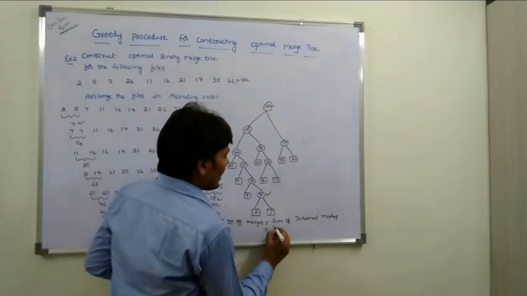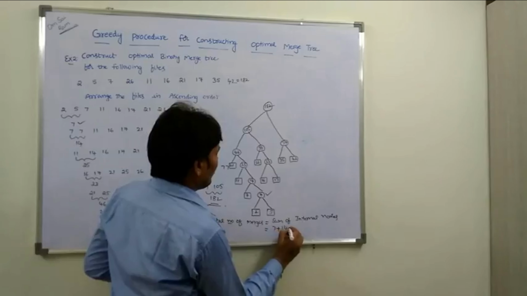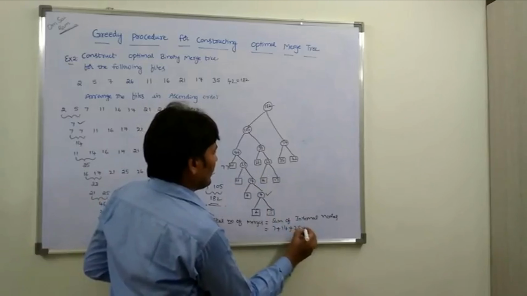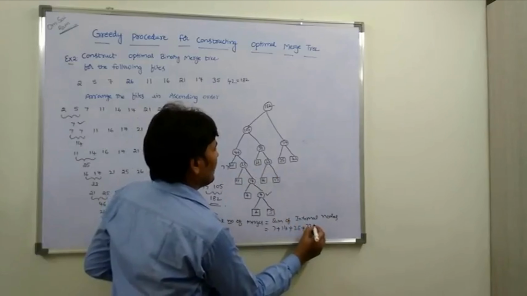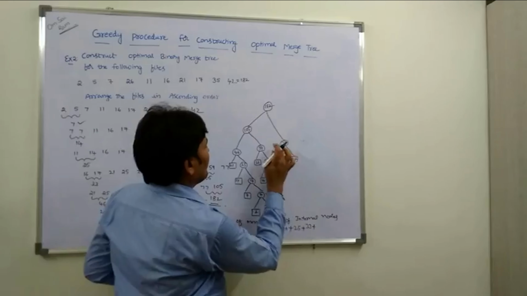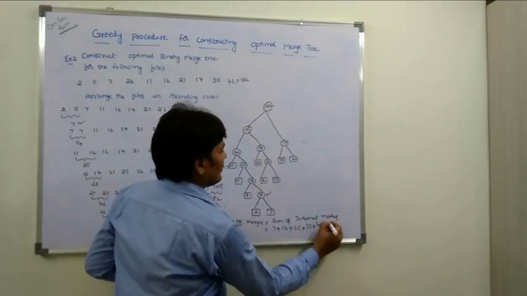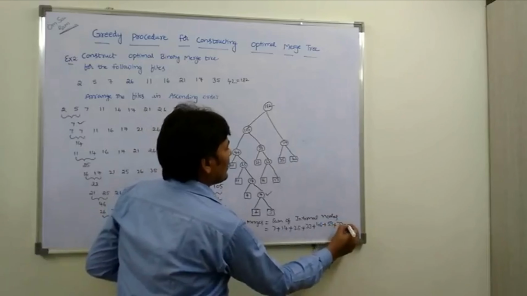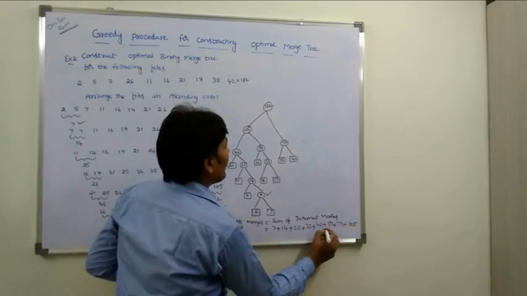So this is 7 plus 14 plus 25 plus 33 plus 46 plus 59 plus 77 plus 105 plus